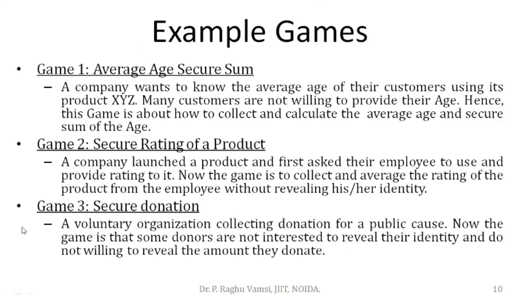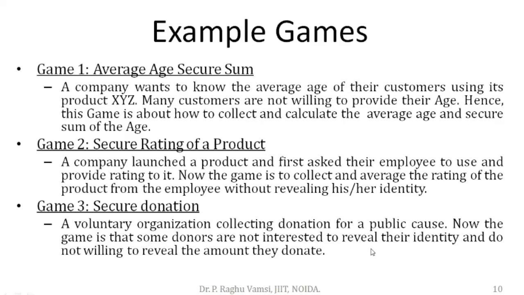Game 3. A voluntary organization collecting donation for a public cause. Now, the game is that some donors are not interested to reveal their identity and also not willing to reveal the amount they donate. Look at this. Game 3 is the combination of the first and second game. Here the donors don't want to reveal their identity